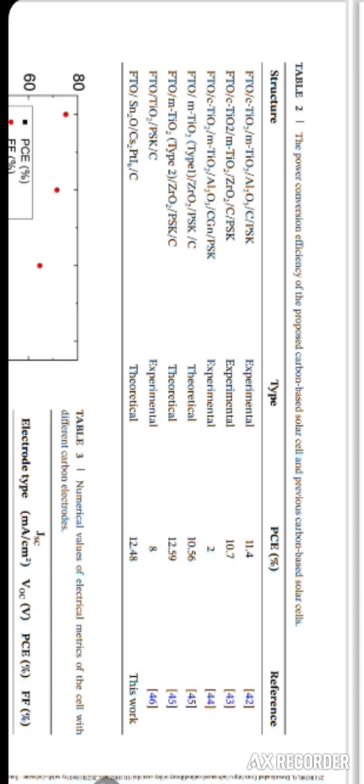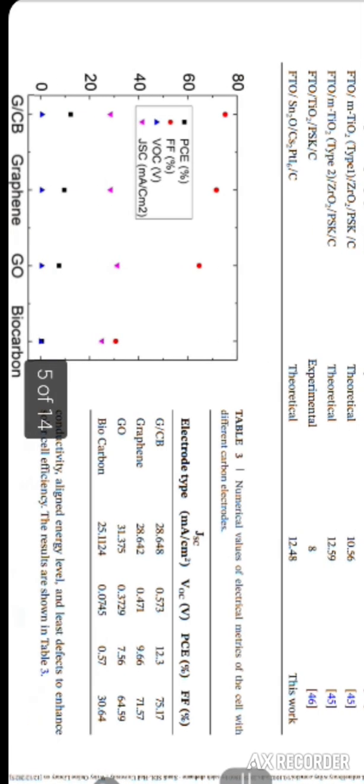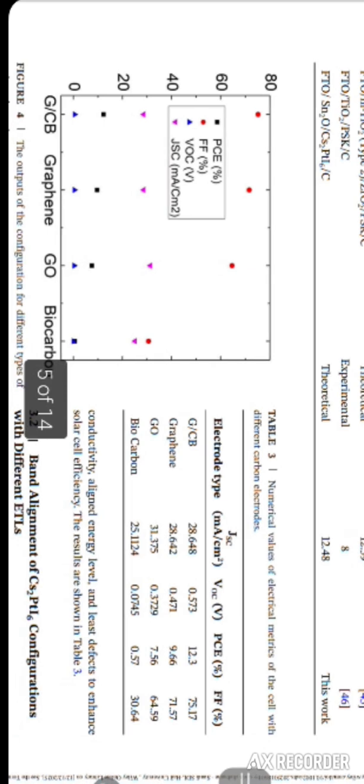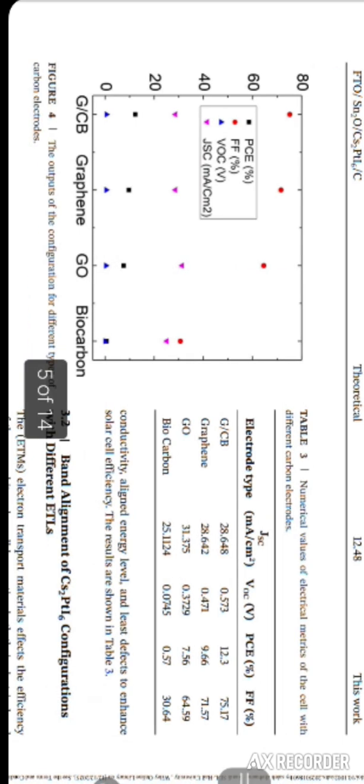Then they study different carbon electrodes. They plot the electrical metrics for 4 different types of carbon electrodes, and they achieve the best efficiency of 12.3 from a graphene carbon black electrode